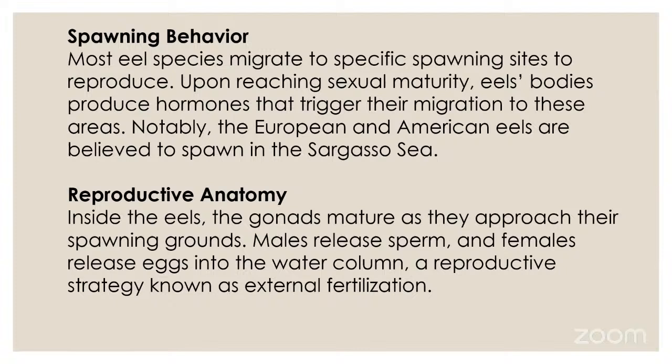And they are very cautious to protect themselves from predators. The gonads also mature at this time. Males release sperm and females release eggs into the water column, a reproductive strategy known as external